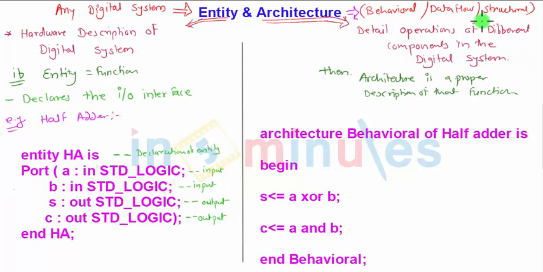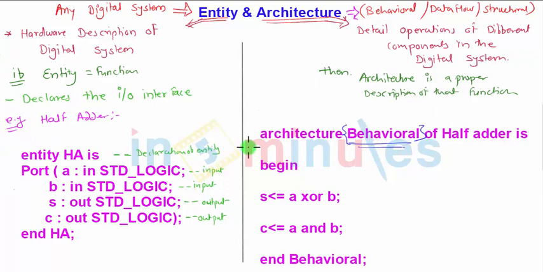So architecture you can write around in three parts. This is also called as a modeling in VHDL. So modeling is a behavioral modeling, or it may be a data flow modeling, or it will be a structural modeling. All the three parts will be seen separately in the further sessions. For this particular example, I have taken behavioral modeling.